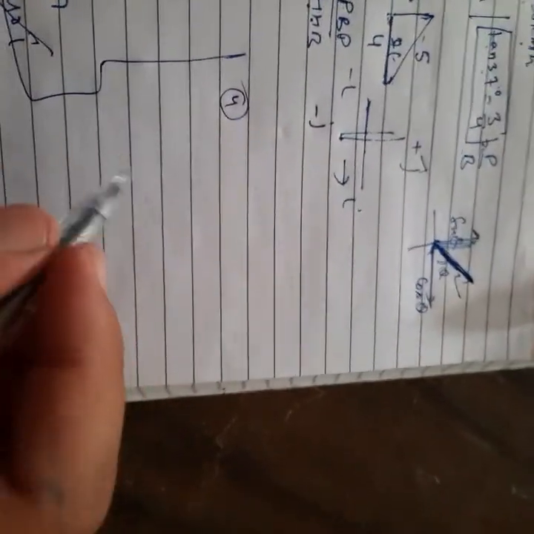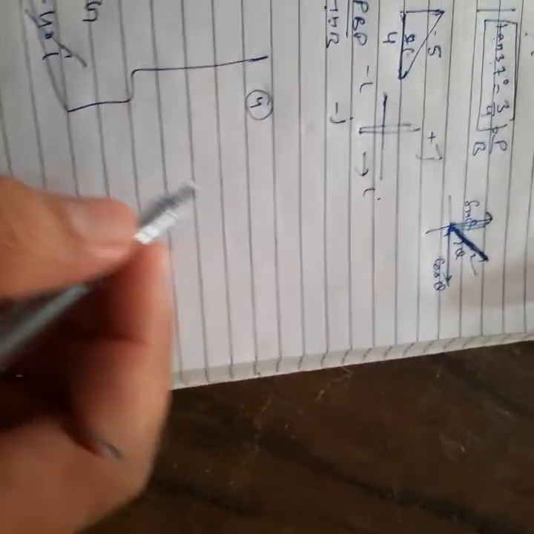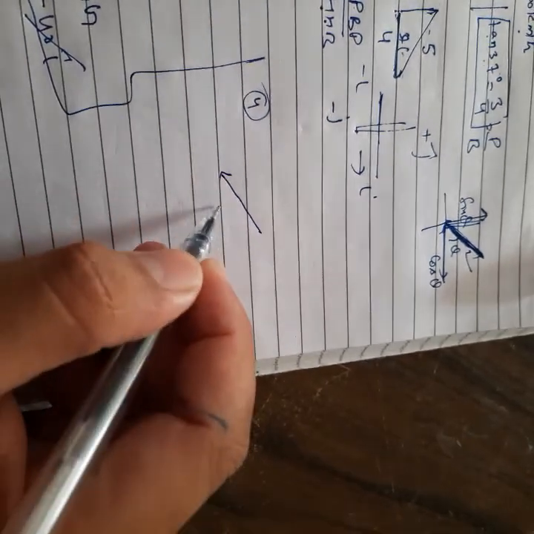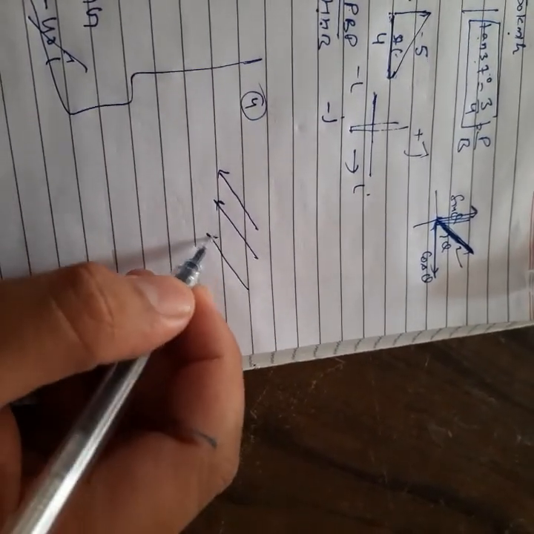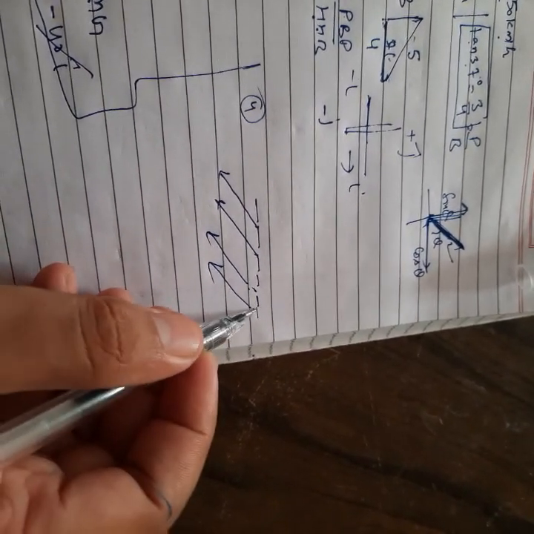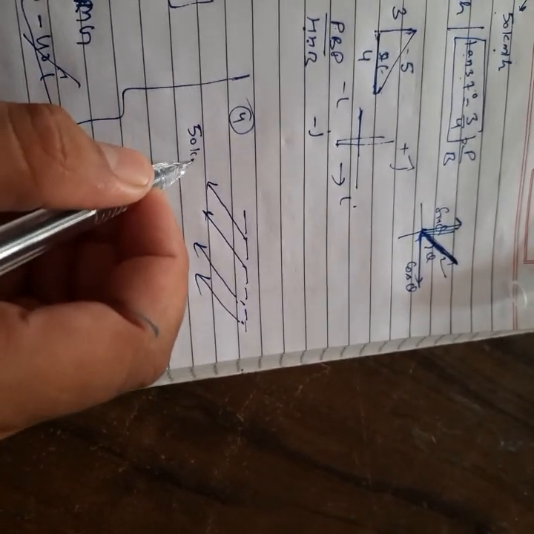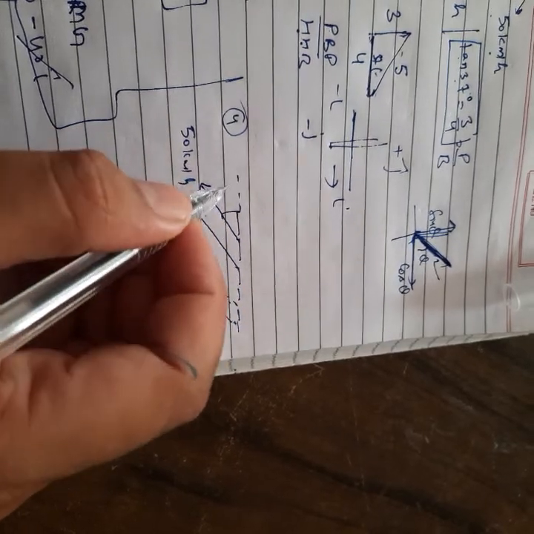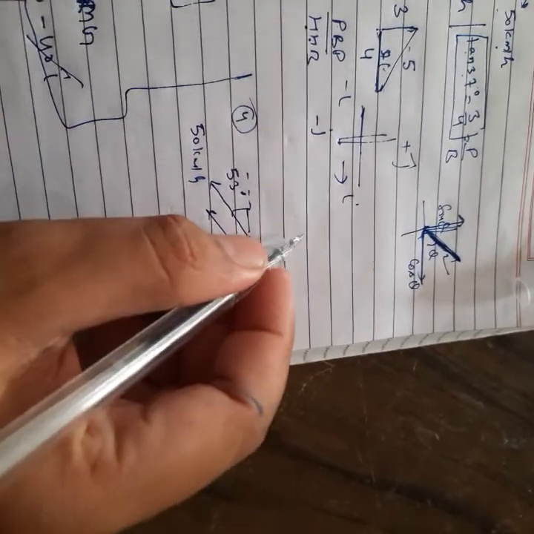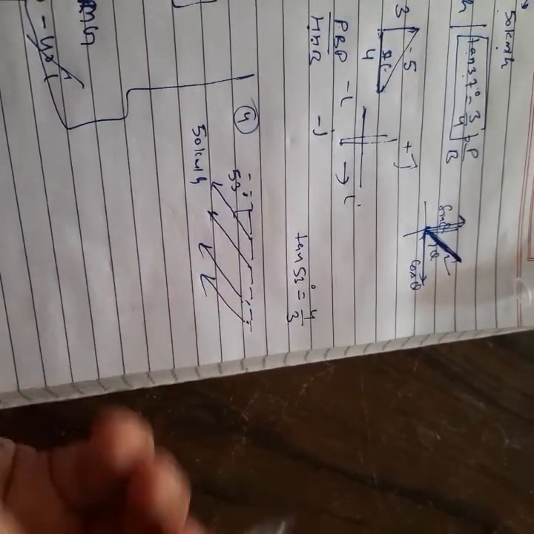Listen one thing. The next numerical we'll discuss here. This is your last and base numerical, the fourth question. A girl is running, moving on an inclined plane, and rain is falling in the same way. We don't know the fixed direction of rain; it can come in any direction. Okay or not? Clear? So the rain velocity will be 50 kilometer per hour, and the angle is 53 degrees. First I am telling you, tangent 53 degrees is equal to 4 by 3.